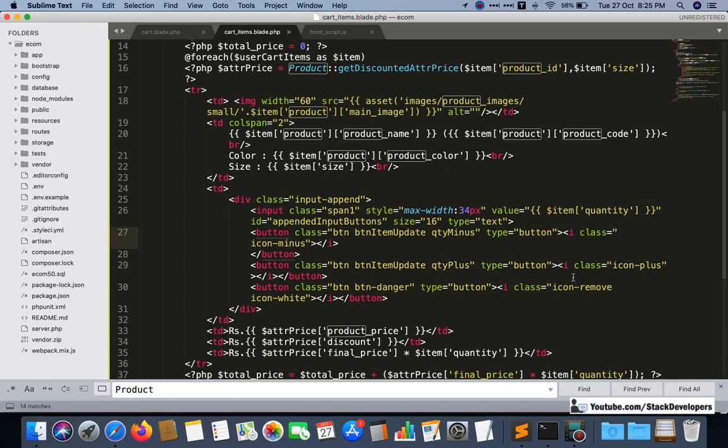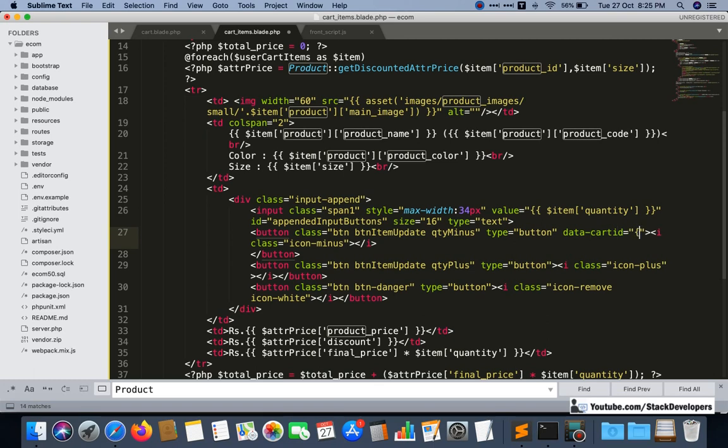After that we will also give the card ID. Here we also need to pass the card ID, like we used to pass the card ID earlier. We used to do it like this. But there is another way that we can pass it, like data card ID as well, and we can pick it in this way too.